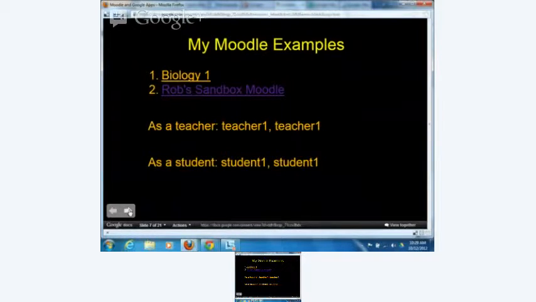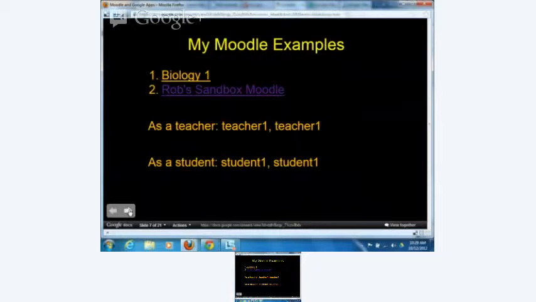I'll just go around the room and number all of you off, and then you can log in. So you'd be student 2, and you'd have the same username and password. Student 2, password student 2. So you'd be 3, 4, 5, 6, and then 7, and then 8, 9, 10, 11, 12, 13, 14, 15, 16, 17, 18, 19,